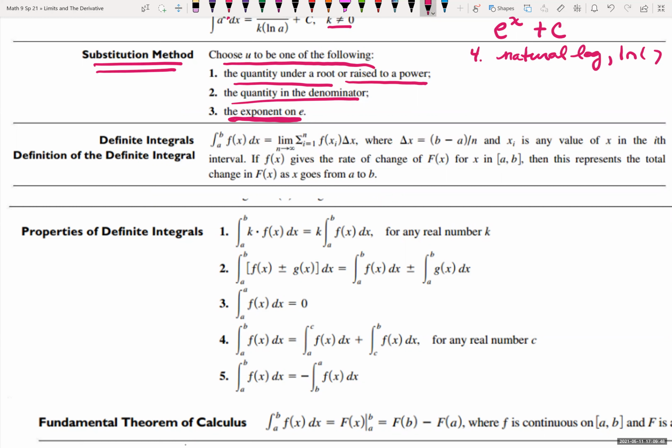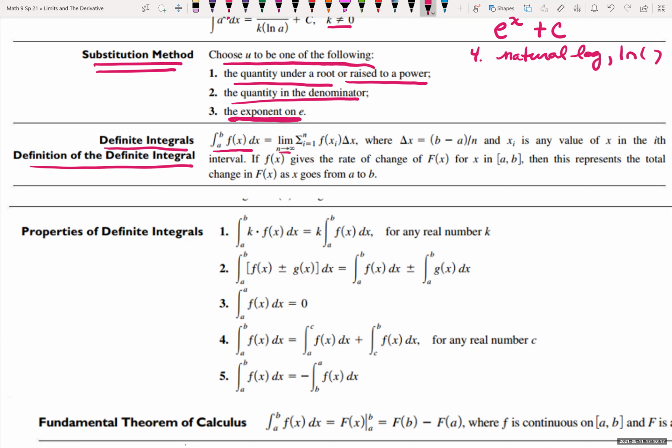Definite integrals, we looked at definite integrals as area under the curve. First we started, and I just showed you a little bit of this, and we didn't get too much into it, but we would get further into this if this was a calculus for STEM majors. So the definite integral from a to b, if we're bounding some area beneath the curve and the x-axis, where that function was above the x-axis,